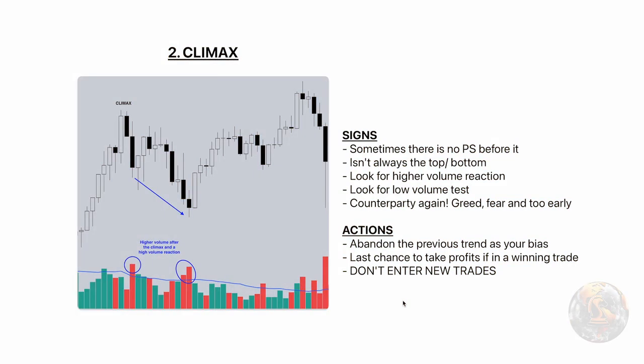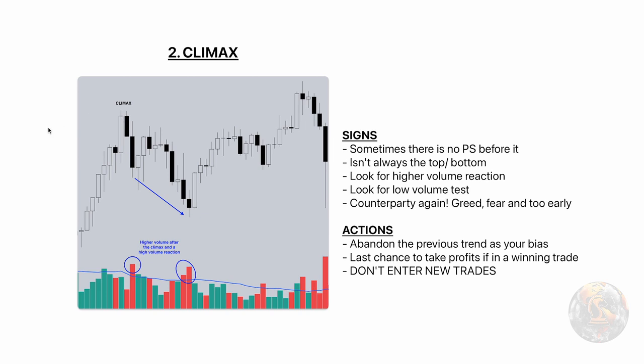So the climax, as you know from the Wyckoff structure, is considered the top. It's not actually always the very top or very bottom. Of course, you can have sweeps, upthrusts, springs, but this is where we get confirmation that a top is likely in, right? So, important signs and things to note. Sometimes there isn't a preliminary stop before the climax. Like in the example here, often the climax can come at the end of an extended move. So you could see this small dip here. In a larger structure, this would have been the preliminary stop, which would have had a deeper pullback and a real chance to gauge it.